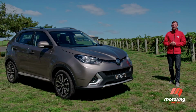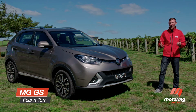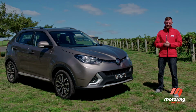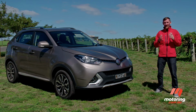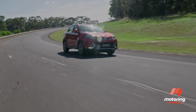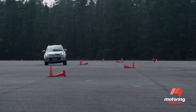When most people think of MG cars, they think of compact, fun to drive drop tops. But the MG of today is a very different company. It's Chinese owned, and this, the compact SUV called the GS, is the company's new hope for the brand in Australia. It's quiet to drive, ride comfort isn't too bad, and the high seating position provides a good view of